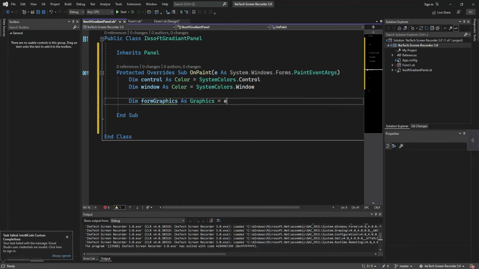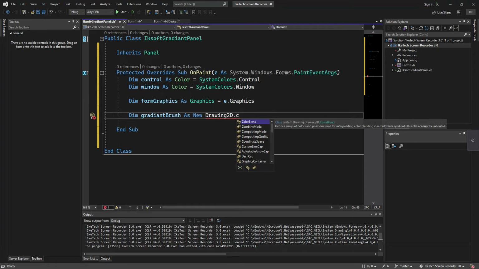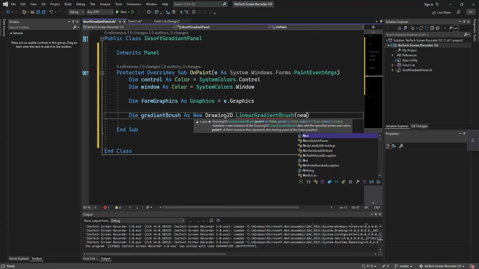This graphics is going to be the e.Graphics. So we're going to say Dim gradientBrush, let's call this gradientBrush, as new Drawing2D.LinearGradientBrush. We can use the linear or any of them, but let's use the linear for now. This linear gradient brush is going to contain a new point,